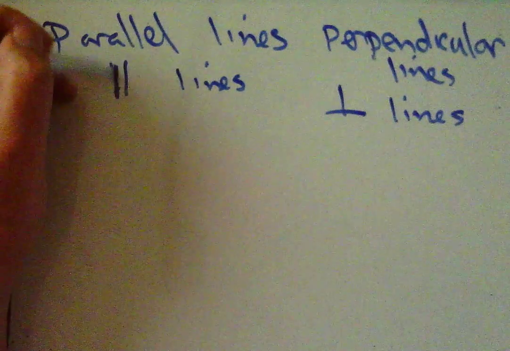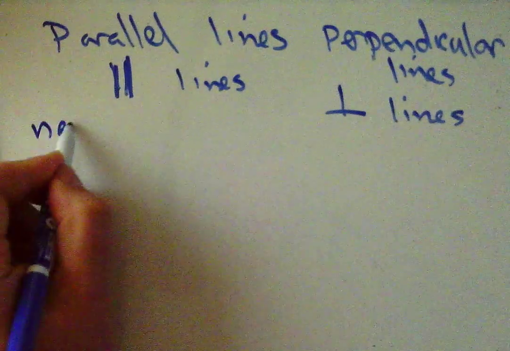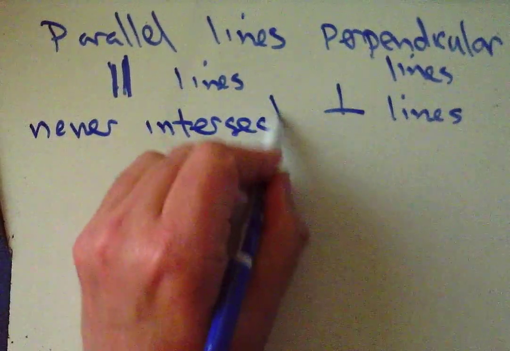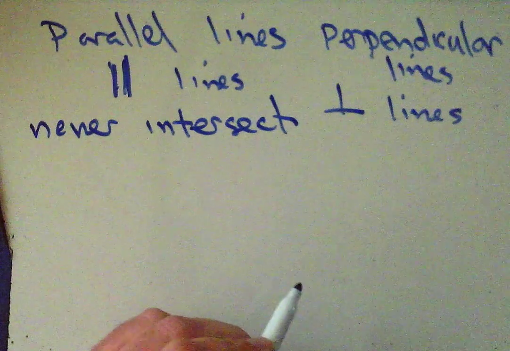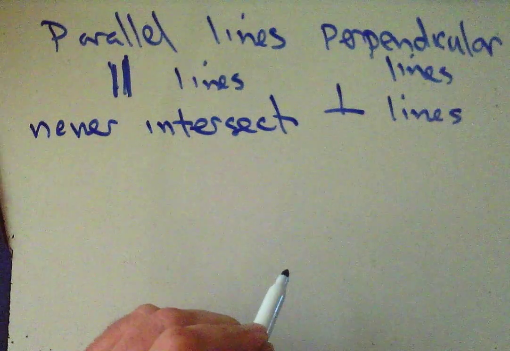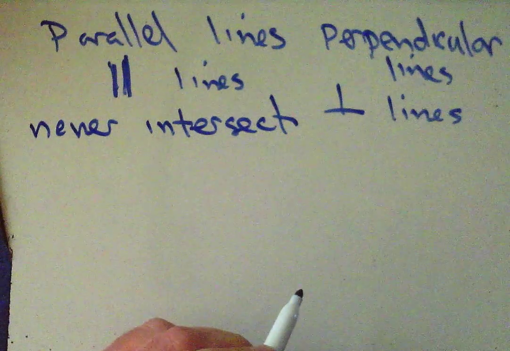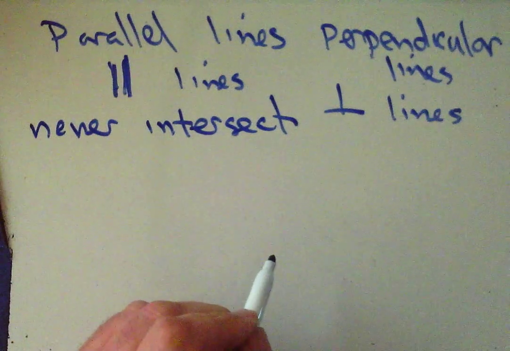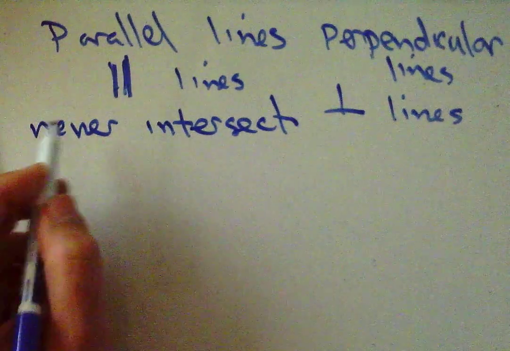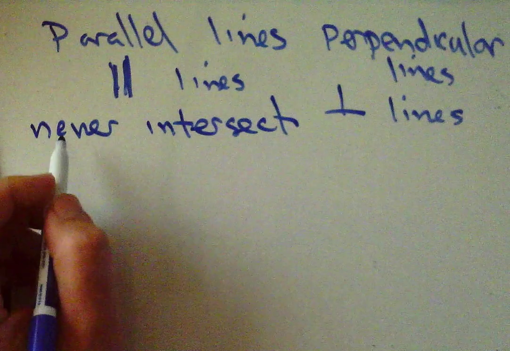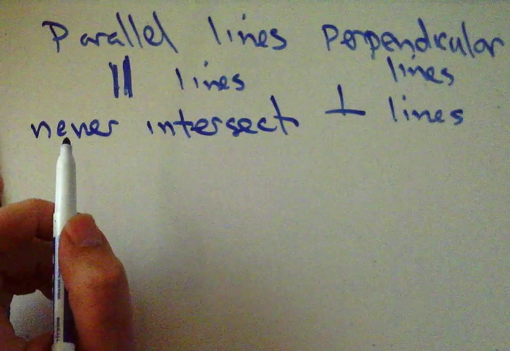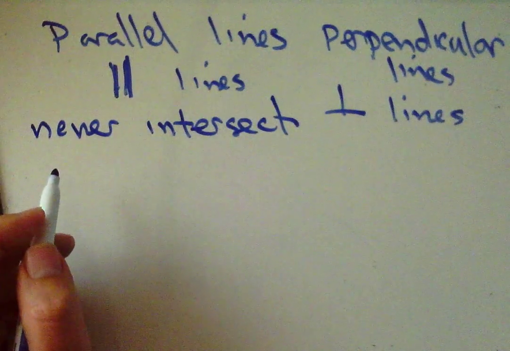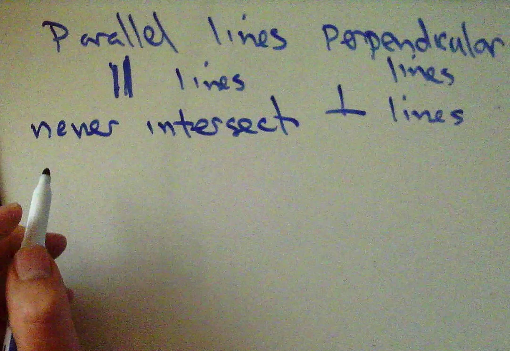Well, parallel lines never intersect, is what I hear a lot of students say. And that's true in Euclidean geometry that we do. But there is non-Euclidean geometry, and in non-Euclidean geometry, parallel lines can intersect. But in our Euclidean geometry, parallel lines never intersect. That's true. They're always the same distance apart from each other. That's true. But what I want to focus on is not this geometry part of it, but more of an